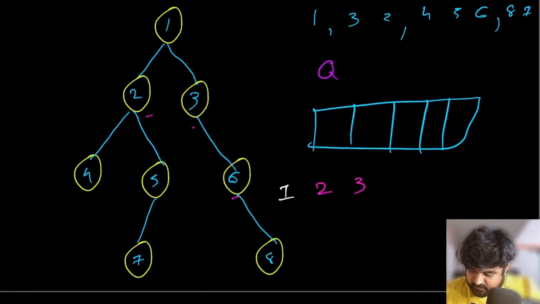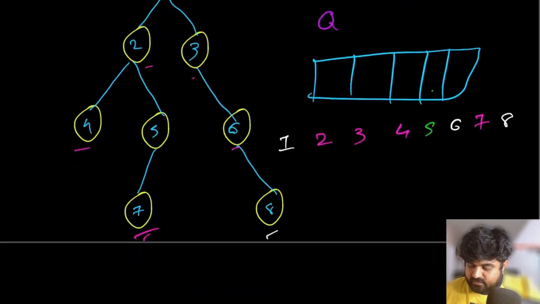Now for the values 4, 5 and 6, starting at position number 4, it does not have any child. So 4 can be kicked out without any repercussion. 5 currently has a child 7. So adding 7 at the end and getting rid of 5. So we can put 5 over here. Again values are 6 and 7 in place. For value number 6, it has a child called 8, adding 8 at the end and getting rid of 6. And now after that there are only 2 values left, 7 and 8. Currently 7 does not have a child, so we can get 7 out, and also 8 does not have a child, so we can also get 8 out, and this would be the solution.